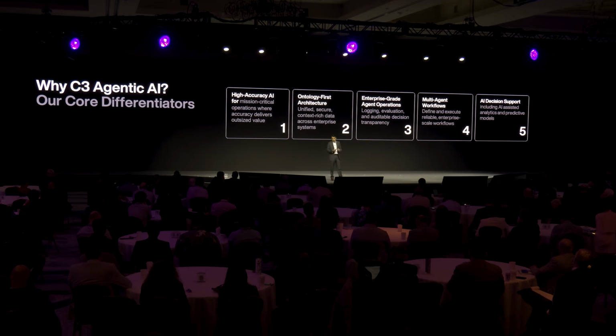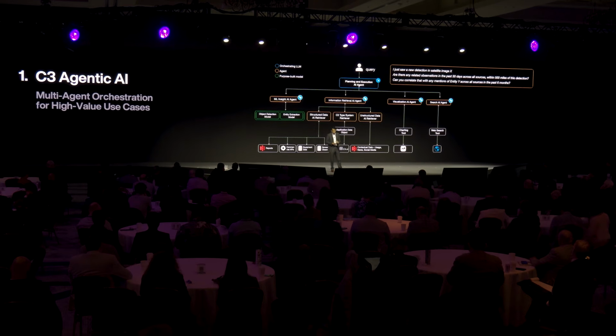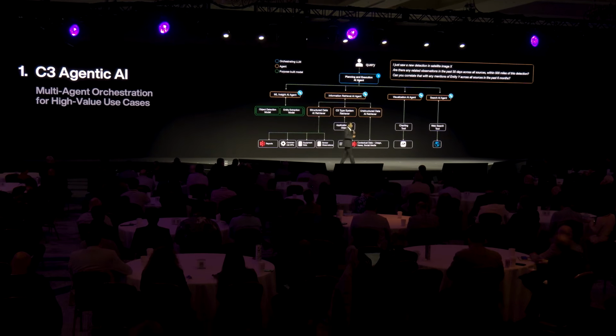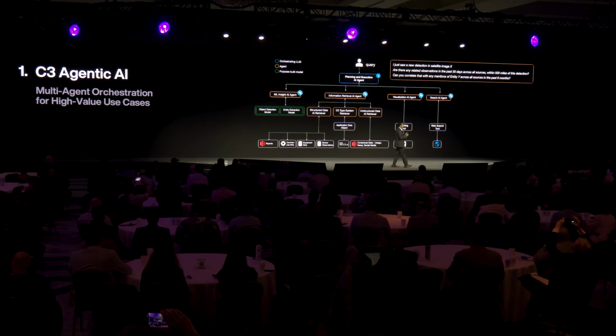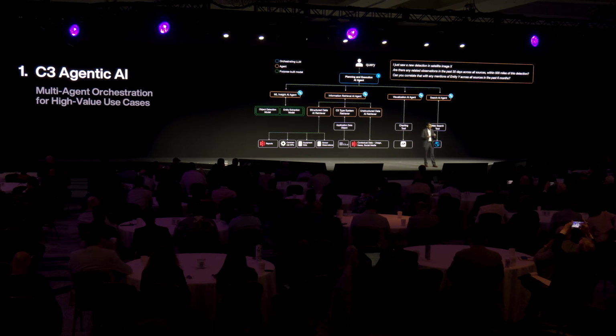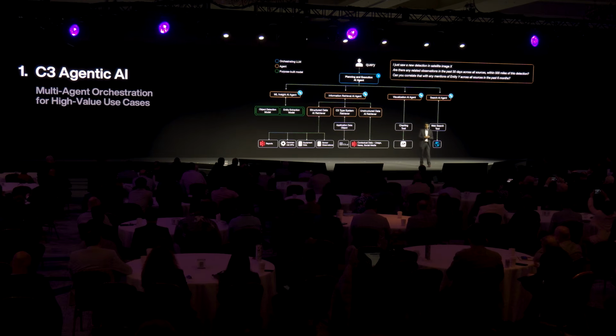Okay, so let me talk a little bit about each one. First one, on high accuracy. We've done a ton of work in building an agent orchestration system that's really designed for data-based decision analytics. Unlike other agentic orchestration systems that are primarily based on text, ours was designed to do math from the ground up. And this is from Master Sergeant Will Haskell's presentation yesterday. But it gives you a sense of the orchestration system in C3 AI.